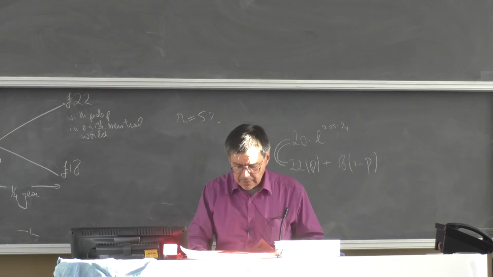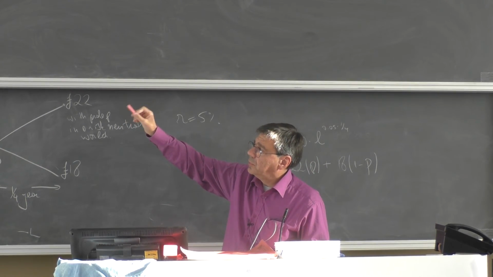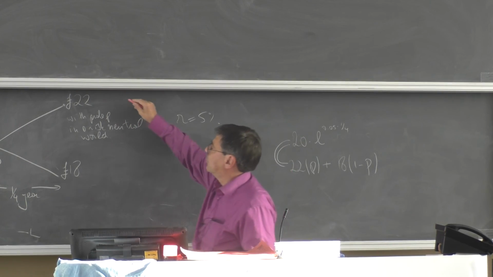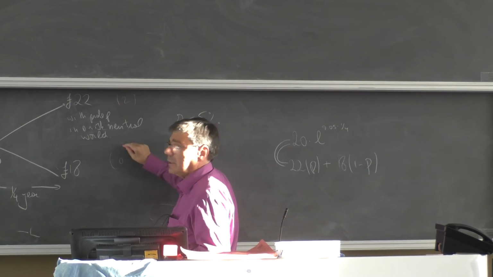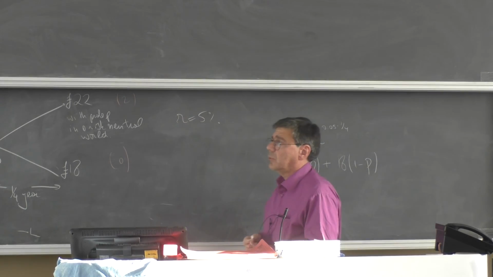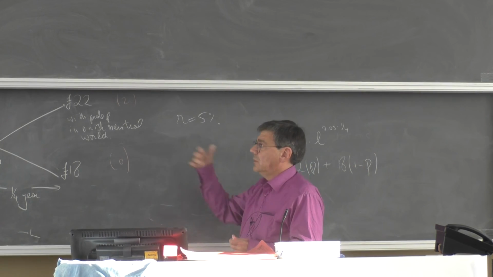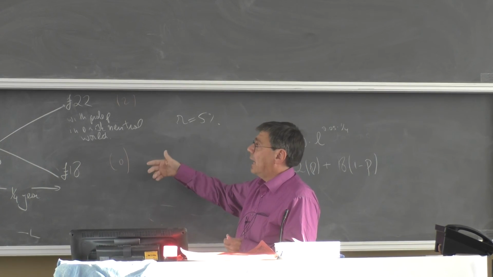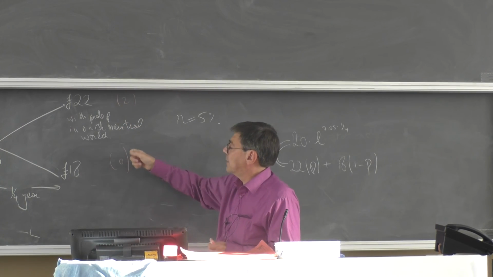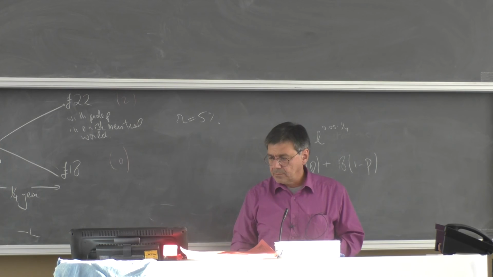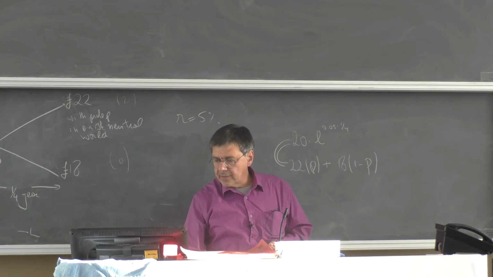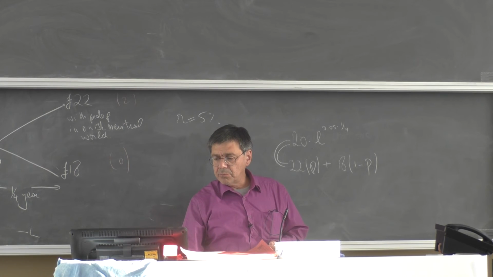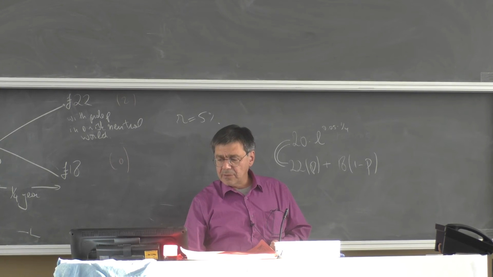Okay, so now what's the payoff of this European call option with strike price 20? Here we'd get a payoff of 2. Here we'd get a payoff of 0. So the price of this derivative is e to the minus interest rate times a quarter of a year times p times 2 plus 1 minus p times 0. Here's the expected payoff of this derivative with this particular p, and the present value of this expected payoff is 2p times e to the minus interest rate times time. We know what p is, we can compute this, and we come up with this number.